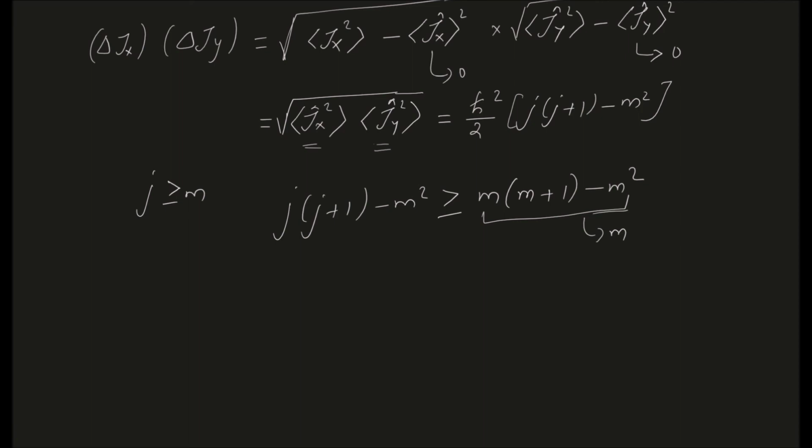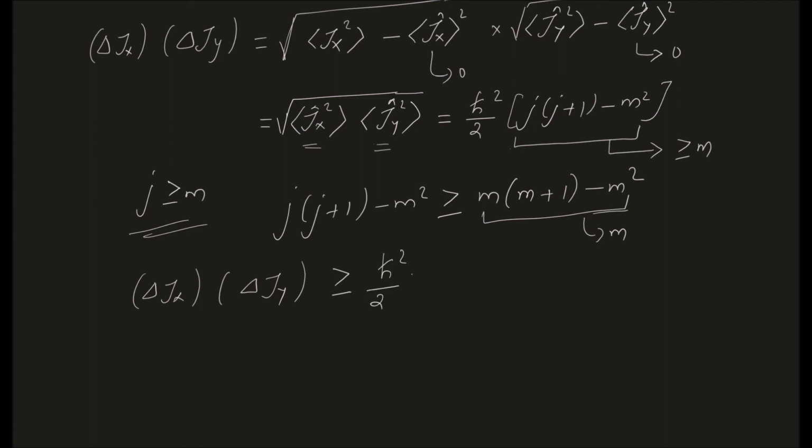So what I'm saying is that the quantity in this bracket will always be greater than or equal to m because of this condition. So you can write the uncertainty delta jx and delta jy will be greater than or equal to h cross square by 2 into m, or you can write it as